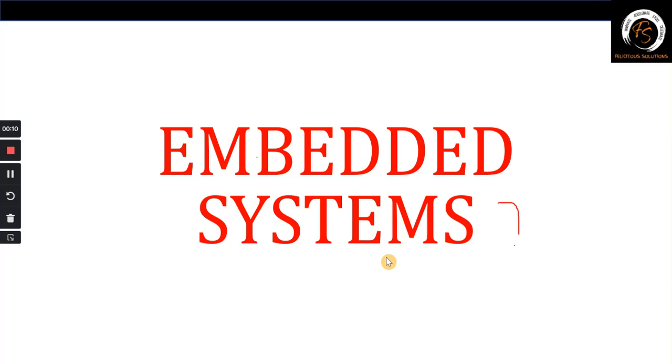Embedded system is an important subject which we should know compulsorily because there are many embedded devices we are dealing with daily in our day-to-day life. Okay, first we start with